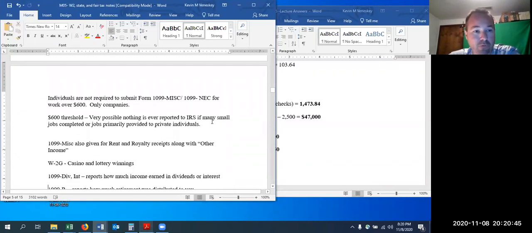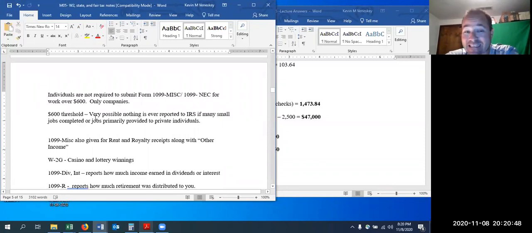All right, so I'll give you a little bit more information here about the 1099, that new one NEC, and the old 1099 miscellaneous. The only time it's required to be sent is if the independent contractor was paid over $600 by a private company. And note, this is only for companies. Only companies have to send these out. So just because you hire somebody, say an electrician, to come rewire your whole house and it costs, who knows what, a lot of money, say $5,000, most individuals wouldn't know to send that out, and they're not expected to do it.